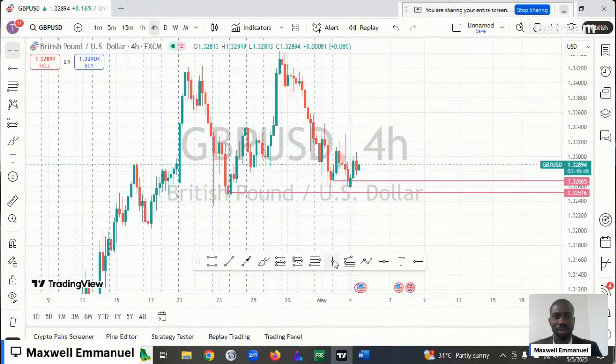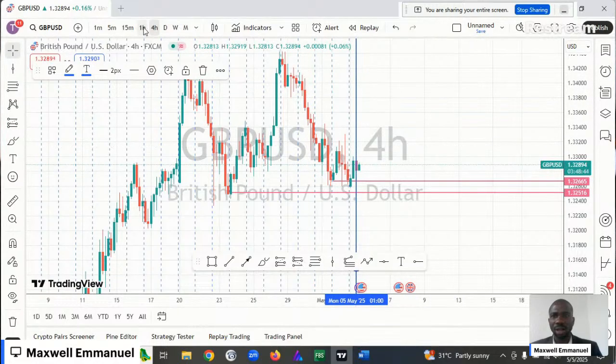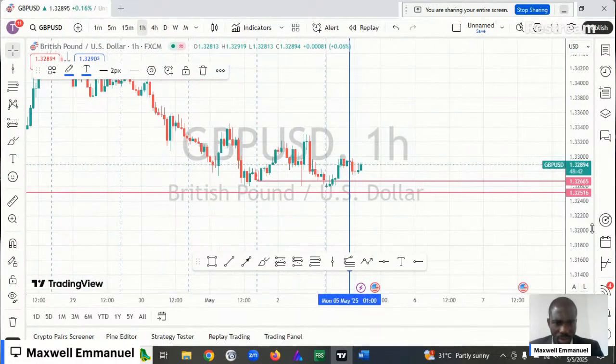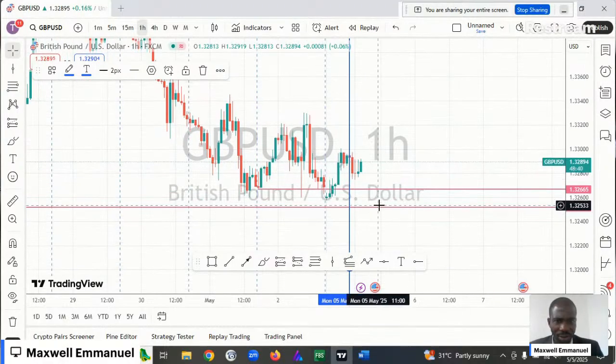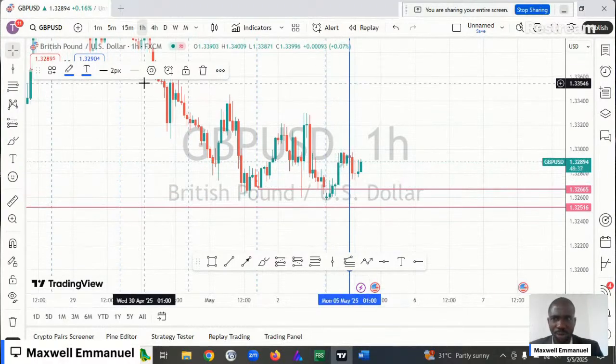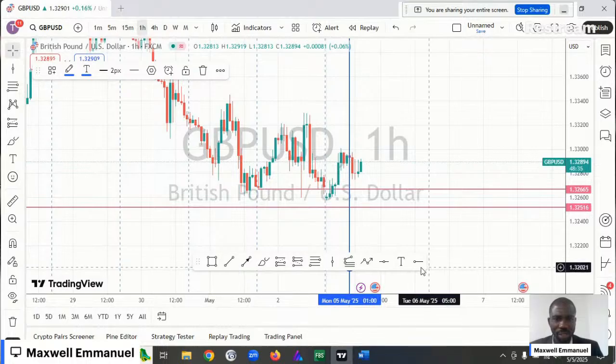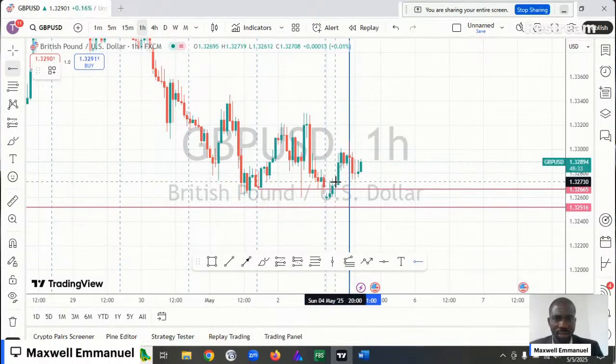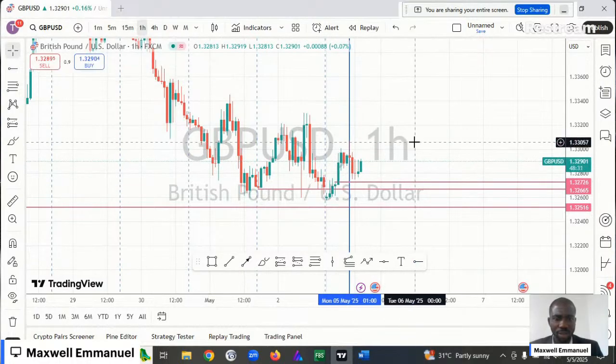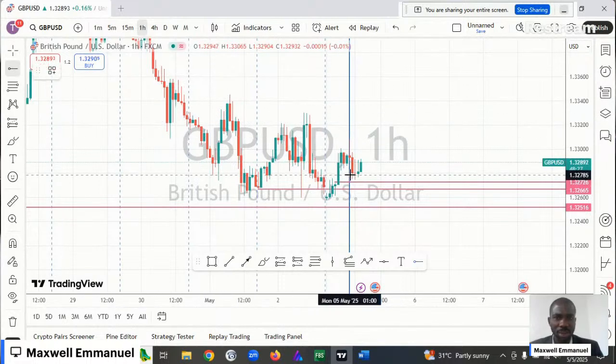Let's confirm that on a lower time frame. I think that's the reason for this sell. Let's go down to 1 hour. You can see on 1 hour, it's created a fair value gap at this point, and that could be the reason for that retracement. That gap has not been filled entirely, so most likely in the New York session, they might still want to come and